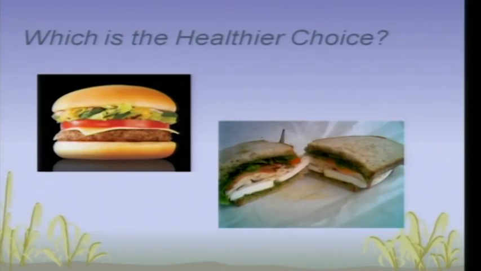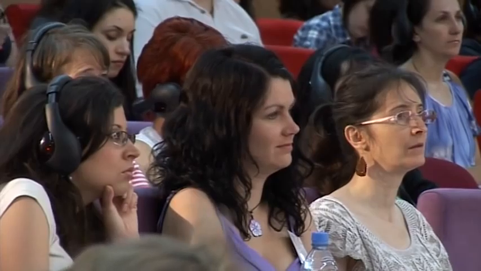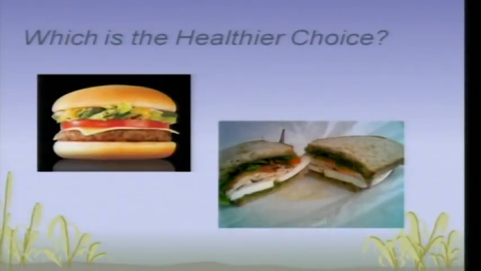The grilled chicken sandwich, you're absolutely right. And why, how is that better than the hamburger? Okay, the bread is made out of whole wheat flour. Is that what you're saying? Whole grain. Okay, so yes, good point. The bread is actually made out of whole grain, which makes it have more fiber. So that's healthy right there. And then what were you saying about